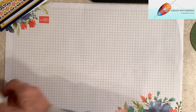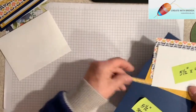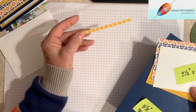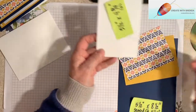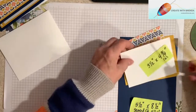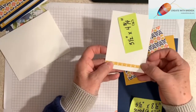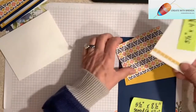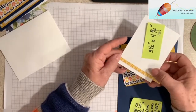You'll need a medium-sized basic white envelope. I have just a little scrap. It's a 1/4 inch thick, and I cut it to measure. I'm going to put that right along the edge of my insert. Okay,